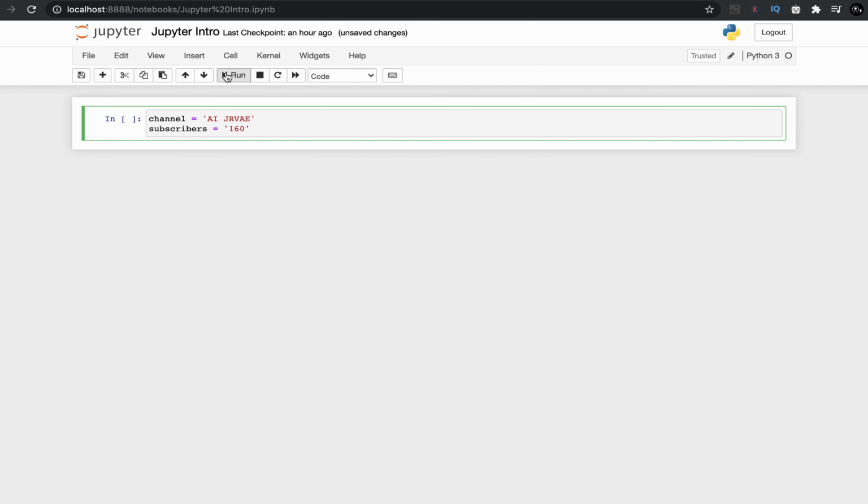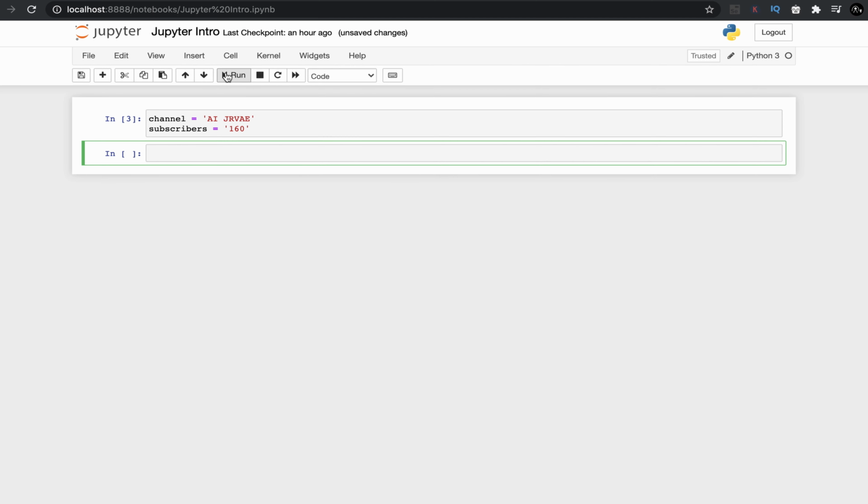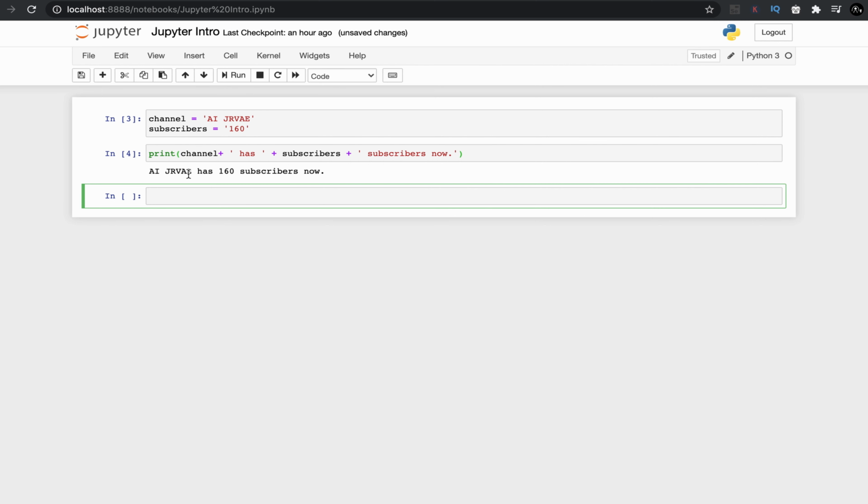To run this code, we need to click the Run icon. And you can see here the code is run, or you can use the command Shift+Enter to run the cell. Now using the variables from the first line, if you type a command line here and run it, the code will be executed and we will get the output. Note that Jupyter also color codes your Python code just like a decent editor would.